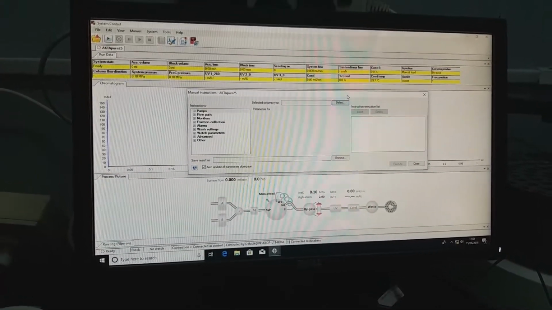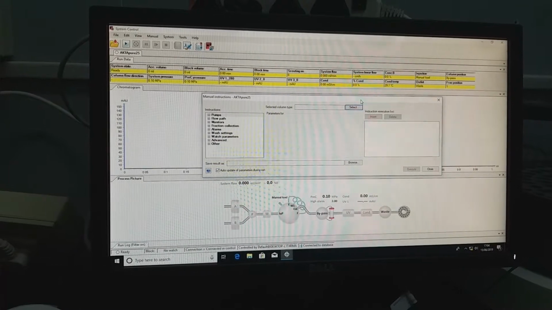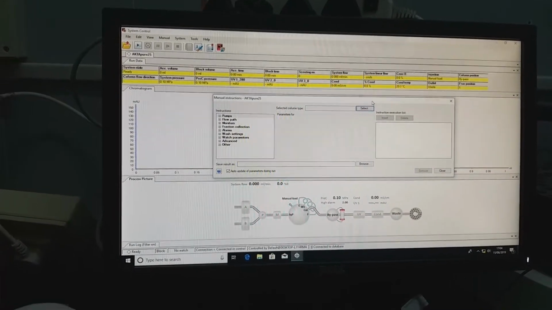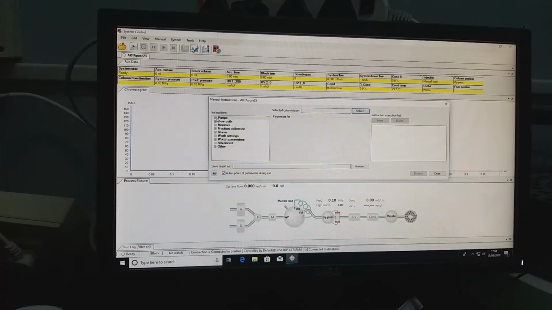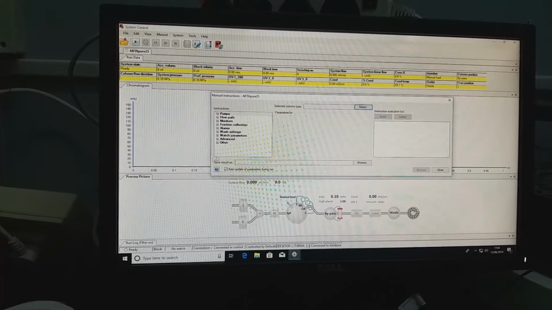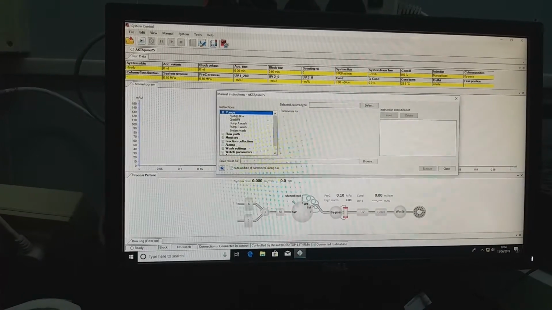So here different parameters you can change through this pop-up window, like pumps, flow path, and various parameters such as monitors. Just go to pumps.